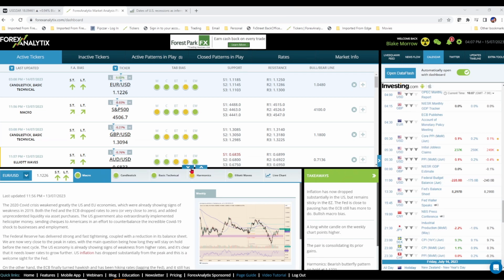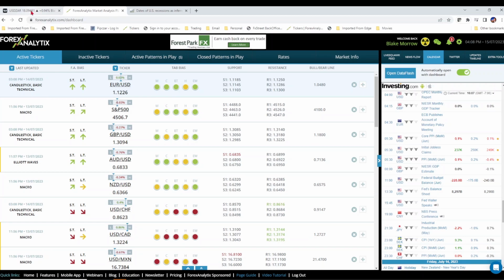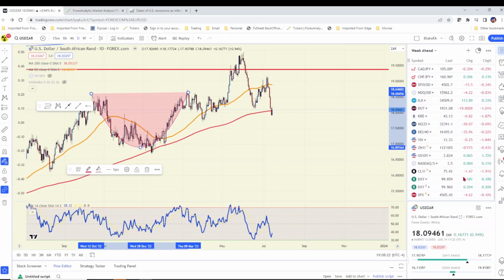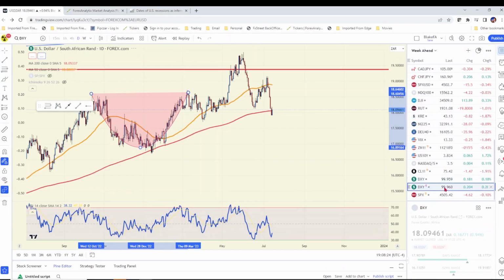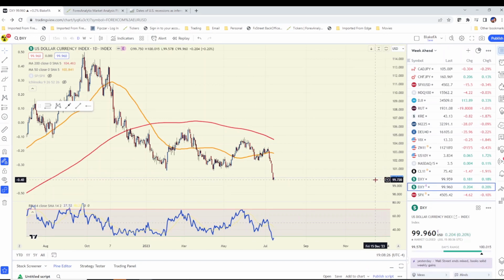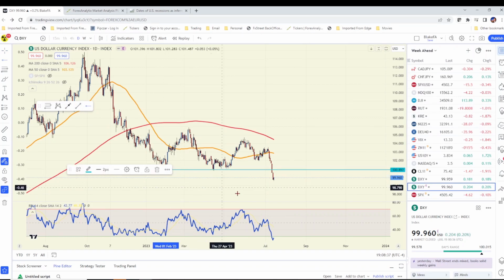When you're looking at the dollar breakdown, and I'm going to get to the dollar index, I'm going to pull that up first and foremost. When you're looking at the dollar index, that is a pretty solid breakdown. And I think this weak data caught a lot of people off guard. I myself was trying to play long off of some support here. But when it broke down, when that data was too weak, I had to cut and reverse and go the other direction.